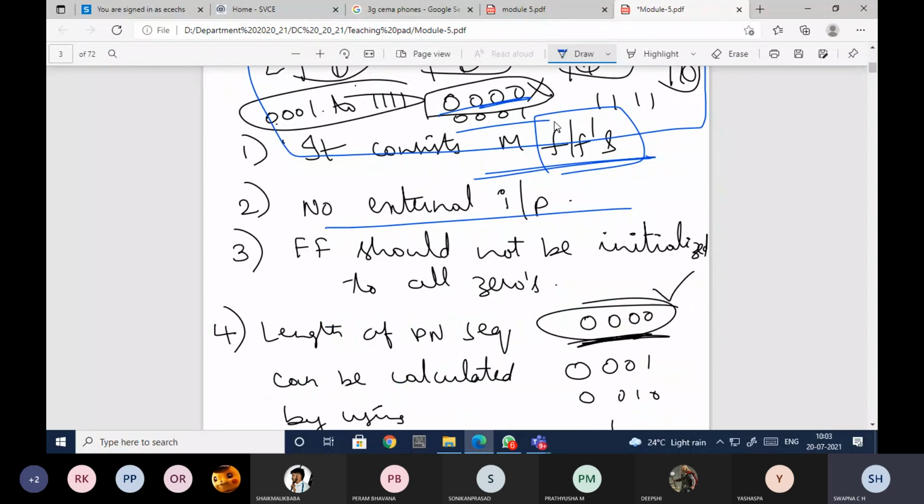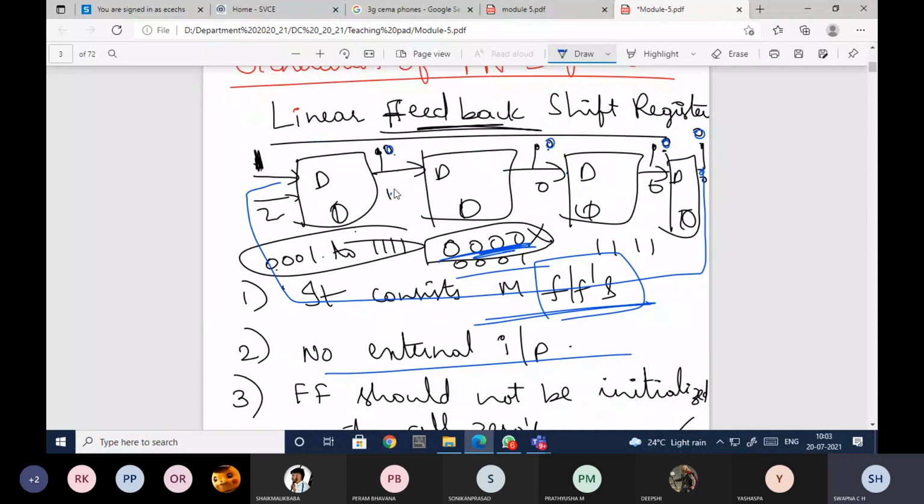If you want to find out the length, see here, now I'm making all the outputs a particular number. Apart from 0000, I can give anything, maybe 1001. With this there will be some PN sequence generated. How it is generated in detail we'll see, but there will be some sequence generated.